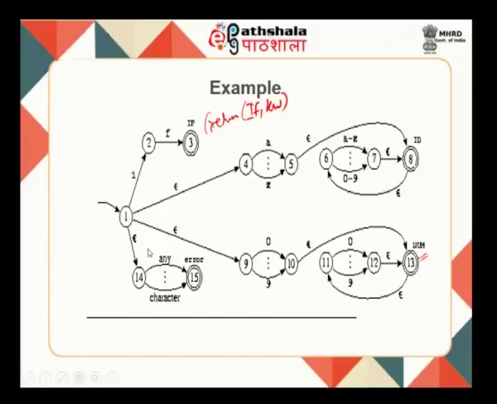Any pattern could be represented something like this, where we have a start state and multiple final states. Now, there is an error here. Any other symbol can be looked upon as an error. That is, if I start with some number 1 and then end up with a character, that can be thought of as an error. For example, if it is not going to qualify as an identifier, but I am encountering some sequence of characters which I do not understand, that could also be looked upon as an error.